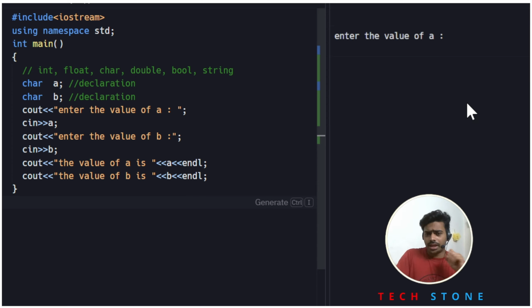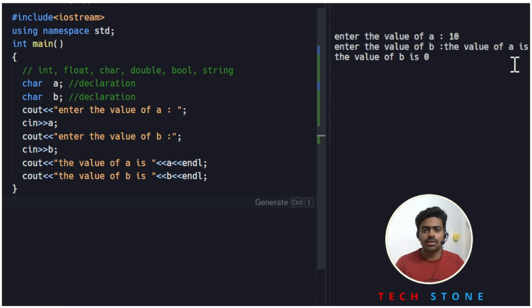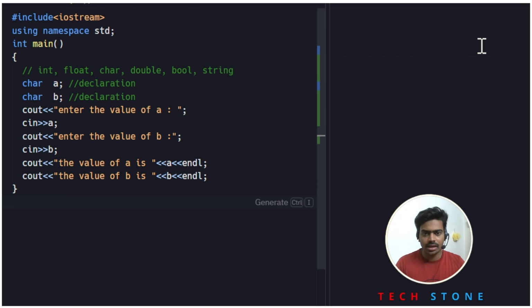Now we are doing another experiment. What if we store integer type of data in the place of character? Let's see what happens. The value of a is 10, and we execute it once.